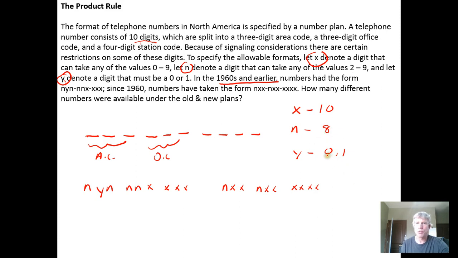And Y, if we can only choose the number 0 and 1, that means Y represents a case where we have only 2 choices. So prior to 1960, this is the format that numbers had. At each step in the process, step 1 is choose a number, but because it's an N format, I only have 8 choices. Now I can choose a number for my second slot, which means I have 2 choices, since it's an NYN, so 2 choices in my second slot, times 8,